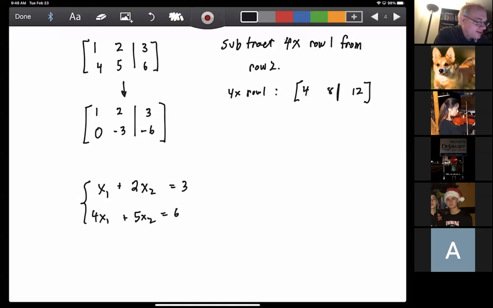So I like the fact that x1 appears here with a coefficient of 1. I want to knock x1 out of every other equation. And the way I'm going to do that is I'm going to take 4 times equation 1, and subtract that from equation 2. Right, I'm going to replace equation 2 by equation 2 minus 4 times equation 1. And you can see 4 times equation 1 is going to be 4x1 plus 8x2 is equal to 12. So the coefficients show up over here. When I subtract that from the equations, I wind up